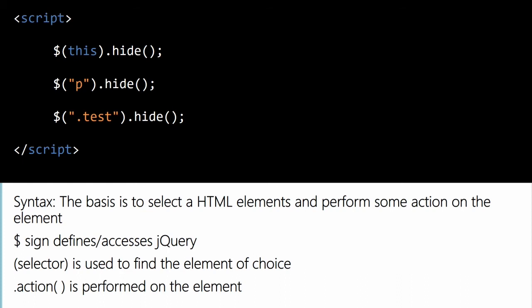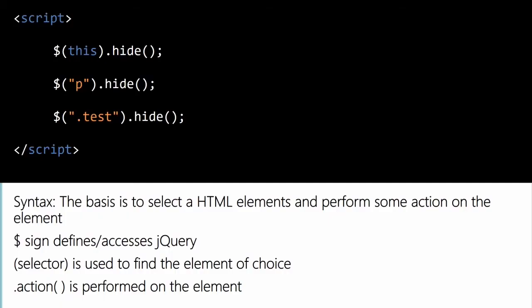So if you want to do all the paragraph elements, then as you see, you can easily just call the p. If you want to do it inside all the test class elements, then you would simply do period test, and now we have called the class test. Same thing with ID. With IDs, of course, you start off by calling them with a $ sign. So it would just be pound, whatever the name of the ID is. It's very simple. It's just the same way you would call the selector inside of a CSS file. If you call it that way in the CSS file, then you would call it the same way in jQuery,